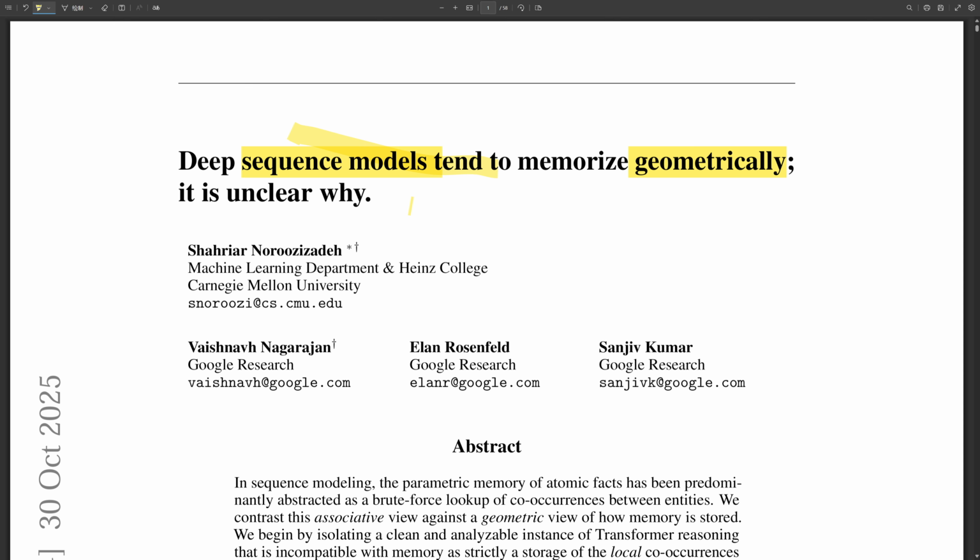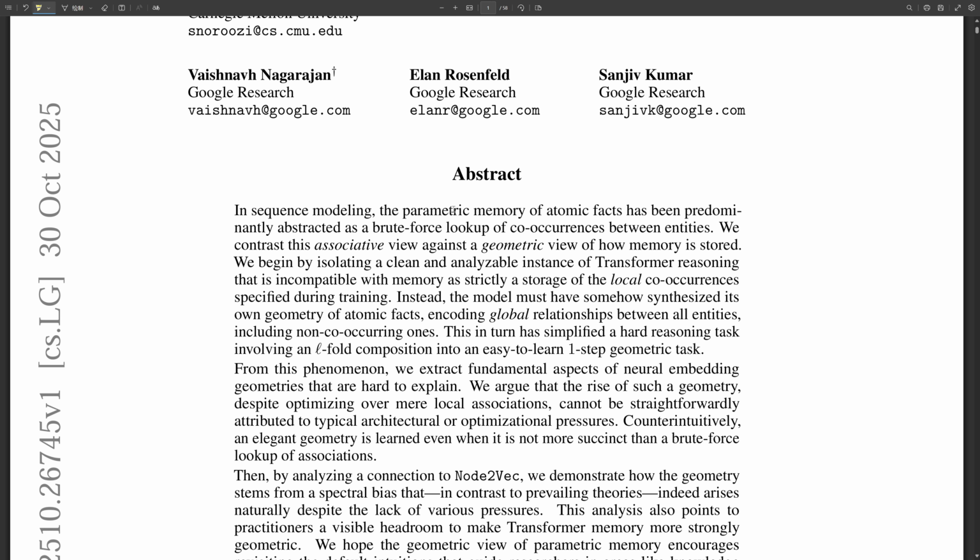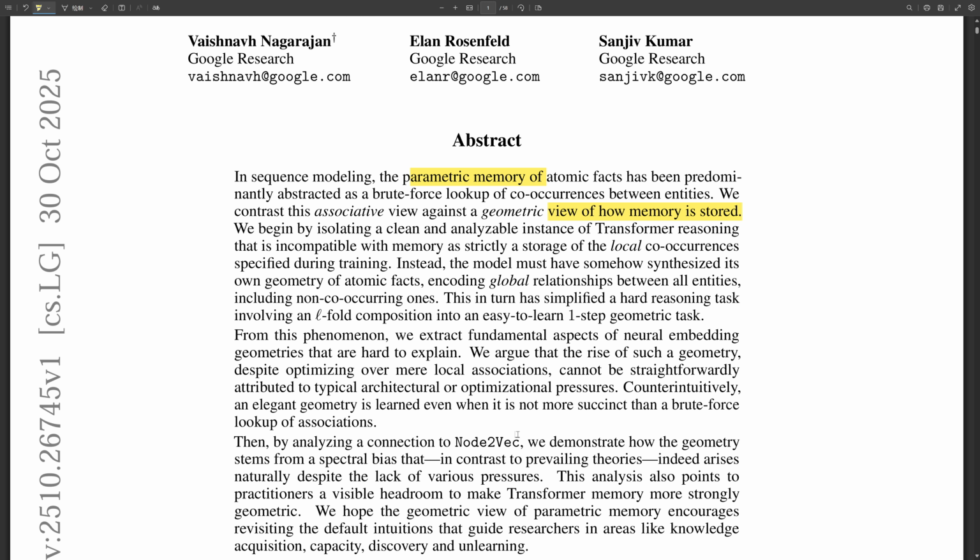It's not easily explained by the traditional learning pressures we usually think about, and it seems to operate in this paradoxical tension with the, let's say, default associative storage method. And I'll be taking the position that the observable success, particularly on complex synthetic reasoning tasks, offers pretty definitive proof, actually, that a global geometric structure must prevail. That this geometric transformation is the necessary mechanism that allows these models to generalize and compress knowledge far beyond simple